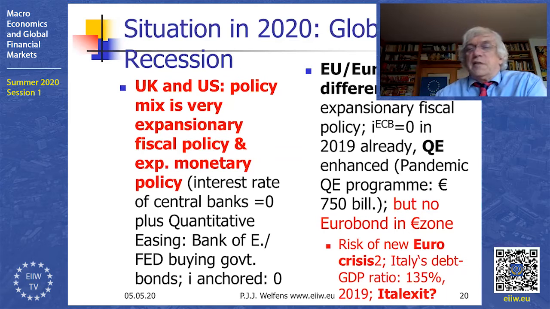How likely is this? That's not so easy to say, but what we see is that both Moody's and Fitch, two rating agencies, have put the rating of Italy's debt downward. The latest was Fitch. So on April 28th, they published on their website a downgrading from BBB to BBB minus. So this is just one notch above investor grade rating,